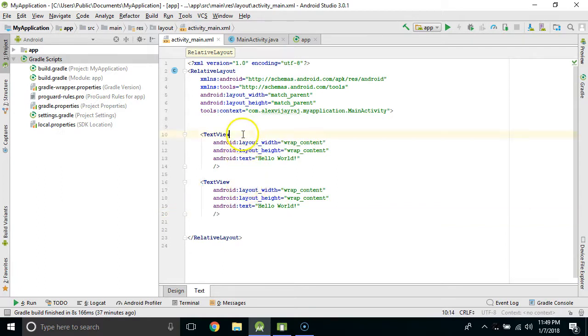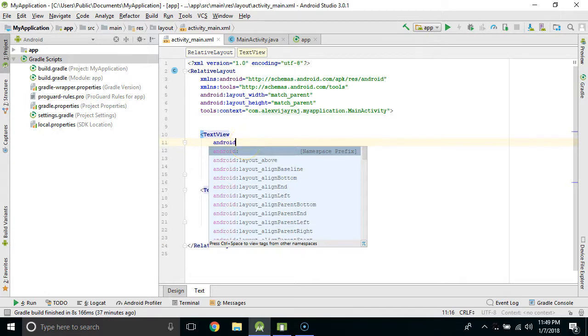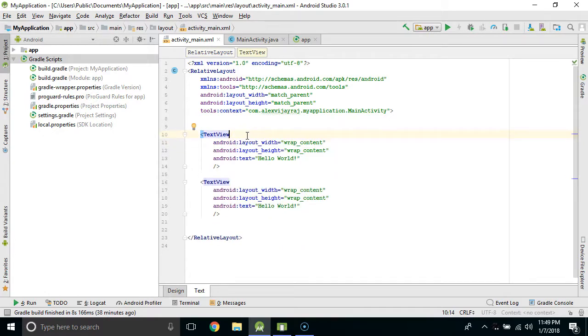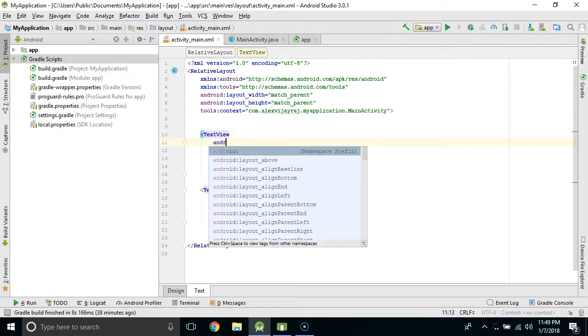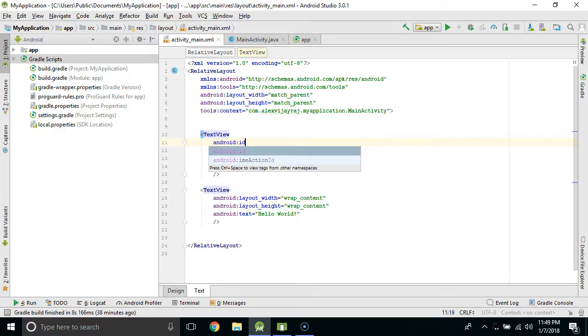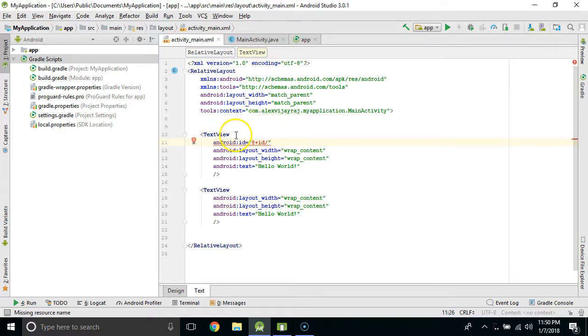So to identify that, we need something called the Android ID, and we can create that by saying android:id equals @+id/ and we can give whatever ID we want. And I usually name my text views starting with TV, and I'm going to give this TV1. TV means text view, and similarly we are going to call the next text view TV2,